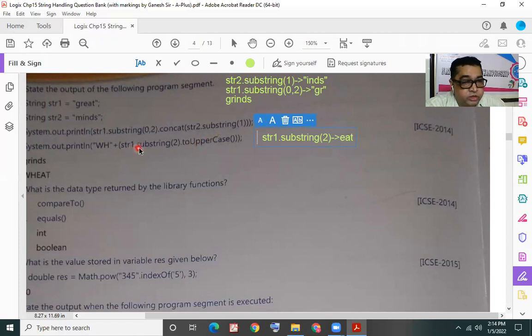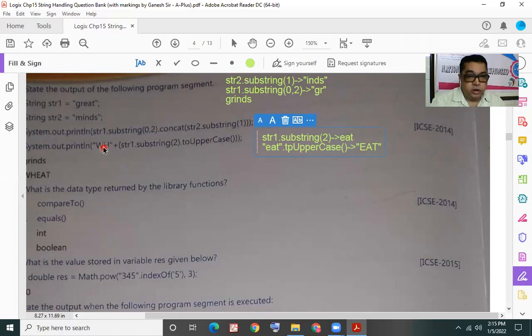This result of str1.substring(2), that is the letters EAT, will be given to the method toUpperCase, which will convert the characters EAT to uppercase and give us the string EAT in uppercase. This would be concatenated with the letters W and H.